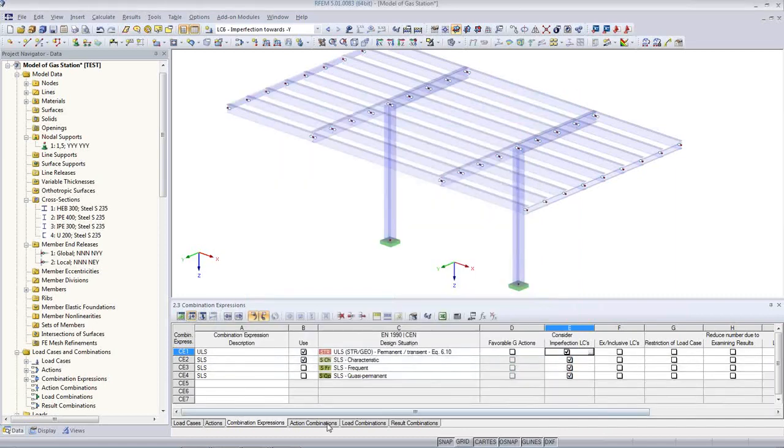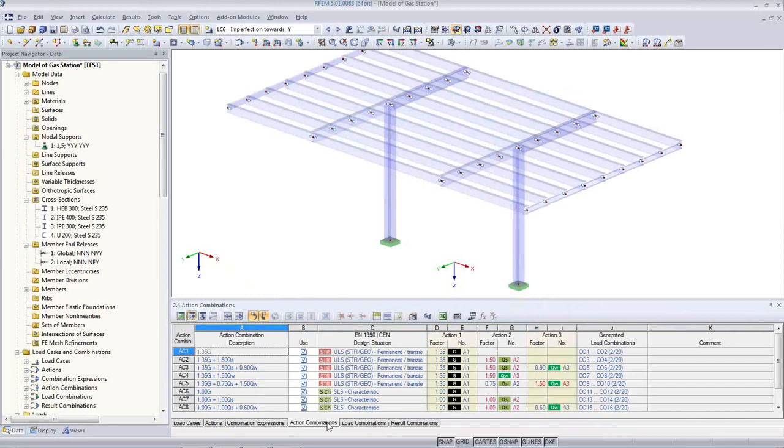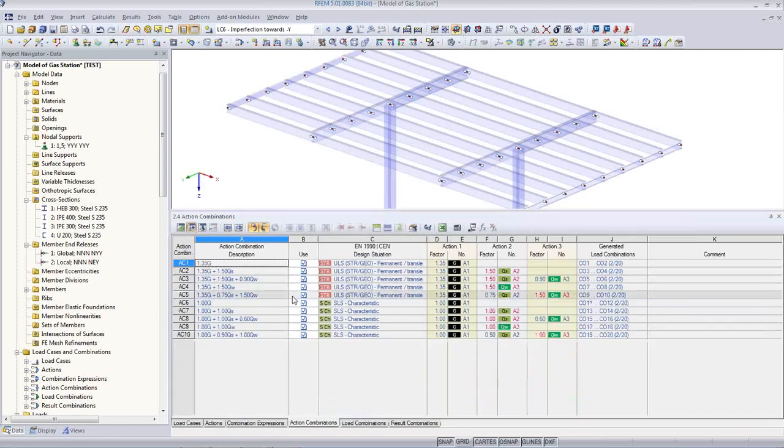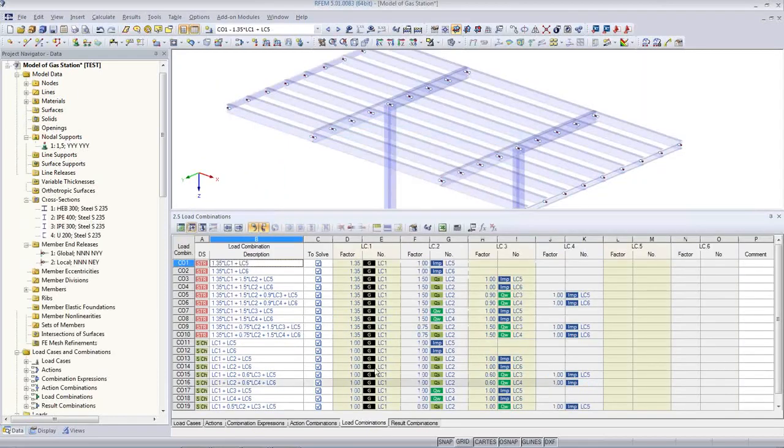Once I have set this, I go to the next table, action combinations. So now it will show me the combination string or the combination criterion based on actions. So there's only wind with factor 1.5, and it includes load case 3 and 4. This is a more simplified representation of the combinations, and the real combinations are then in the next table,